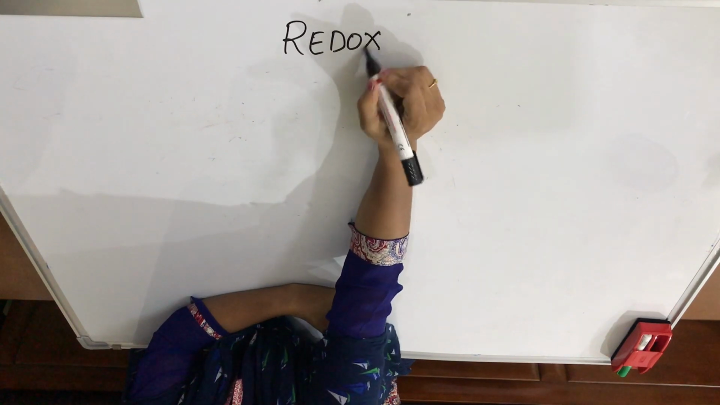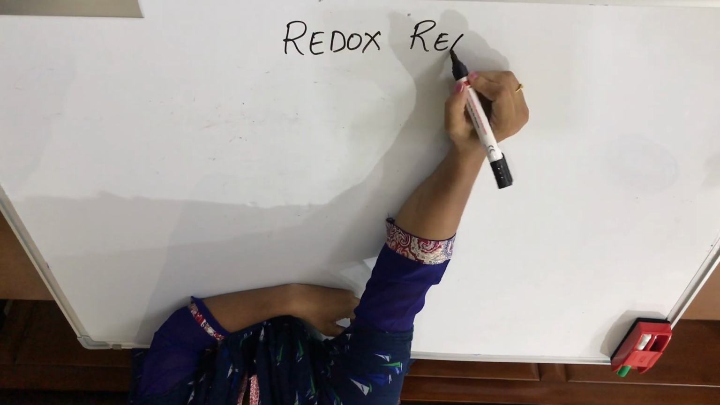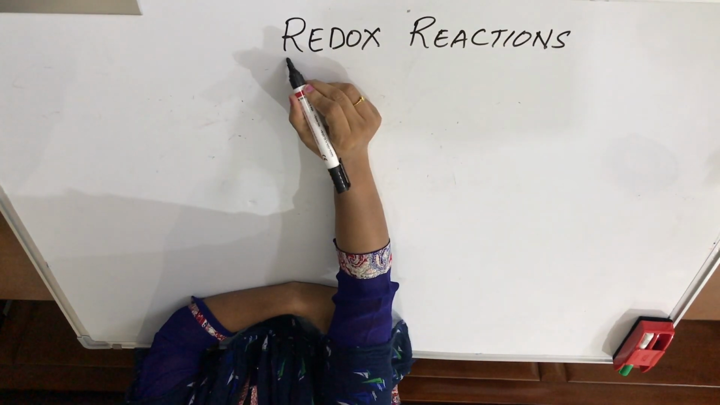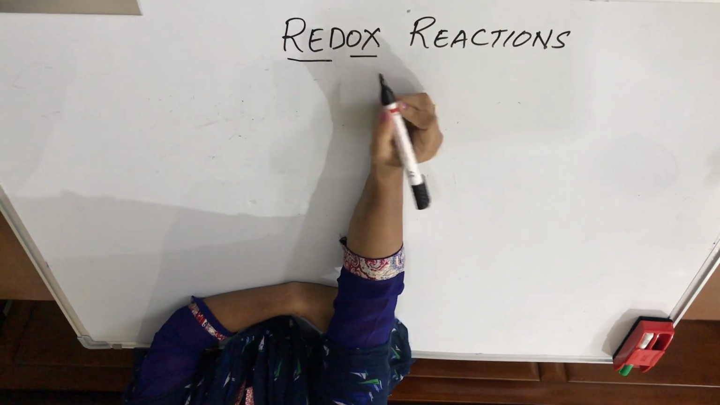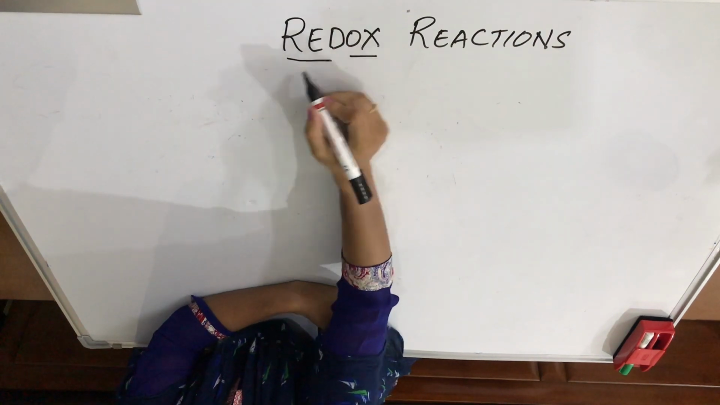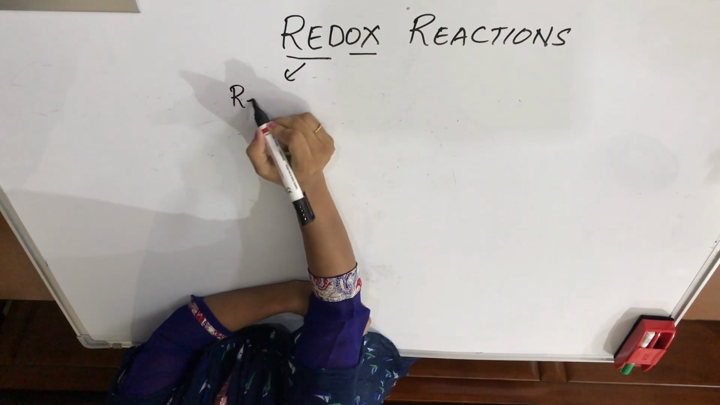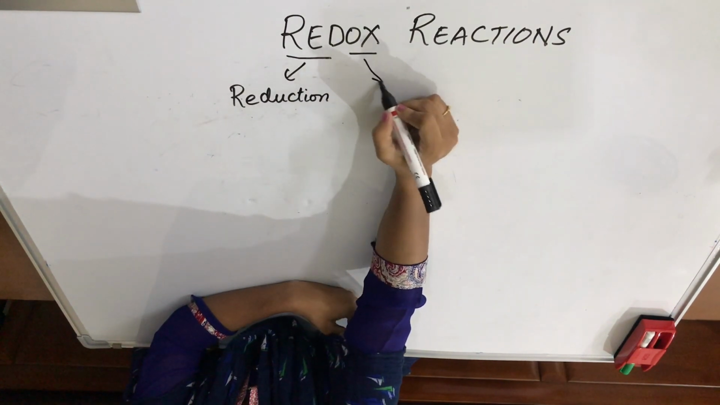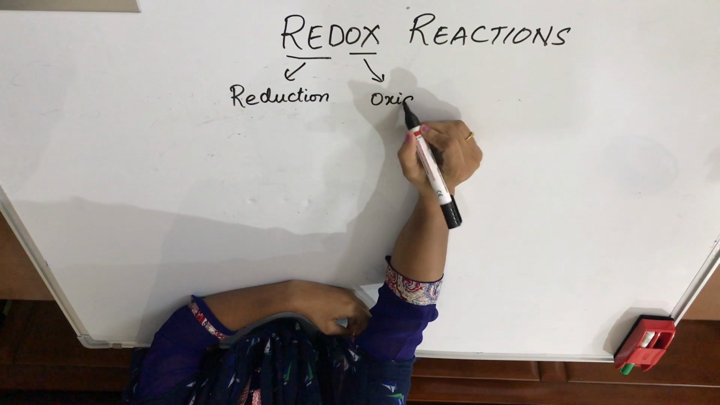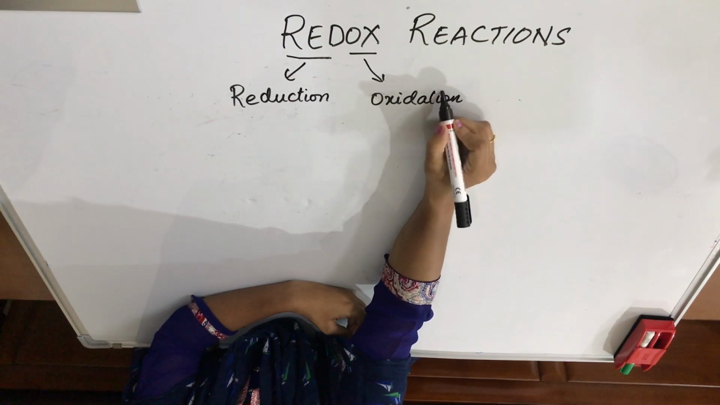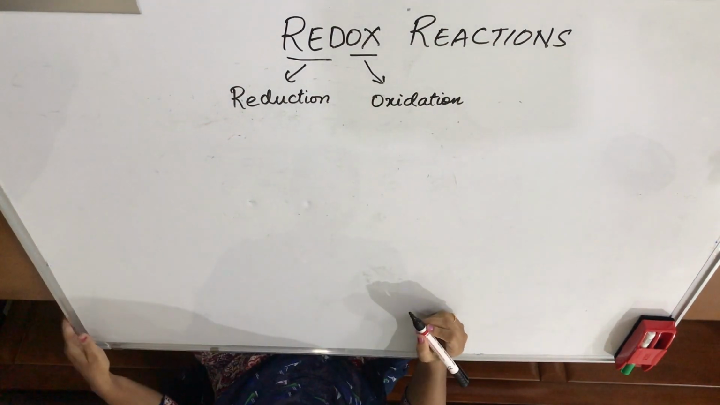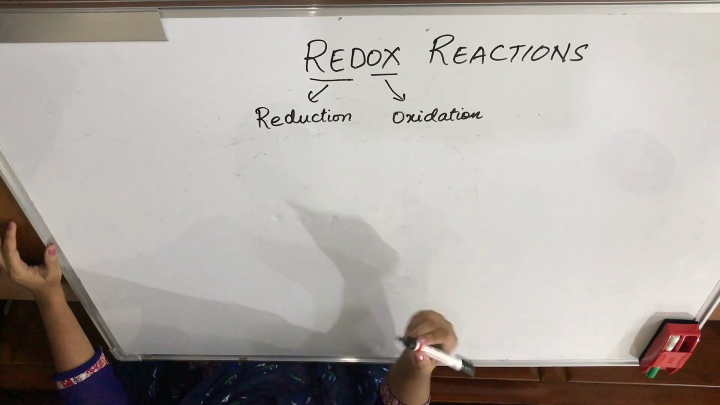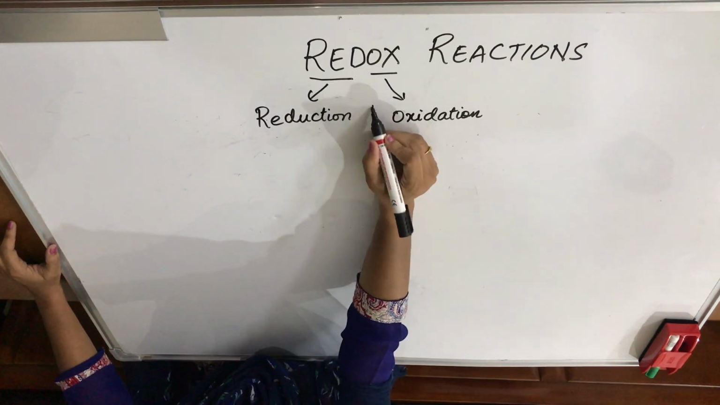Redox reactions. Now, if you see the name, it suggests it is redox. Now, what is red and ox? Red stands for reduction and ox stands for oxidation. Now, what is a reduction and an oxidation? Reduction and oxidation, as the name itself suggests,